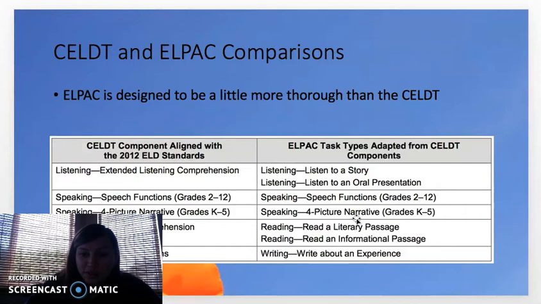So what else is there? Already said that. Read a passage. Writing. So you need to write about an experience. Can you recall something that happened to you? Can you talk about it in a journal, basically? So these things are fairly simple, and of course, as you go higher up in your grade level, and as you go higher up in age and in understanding,